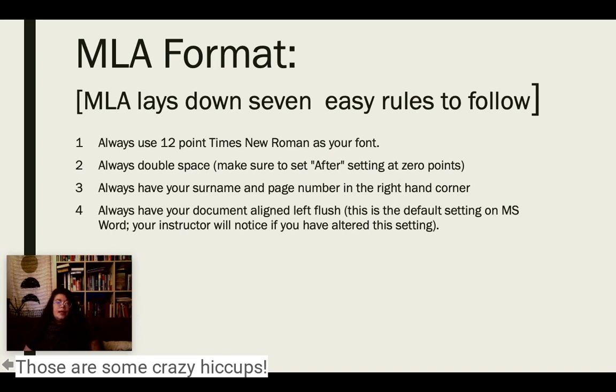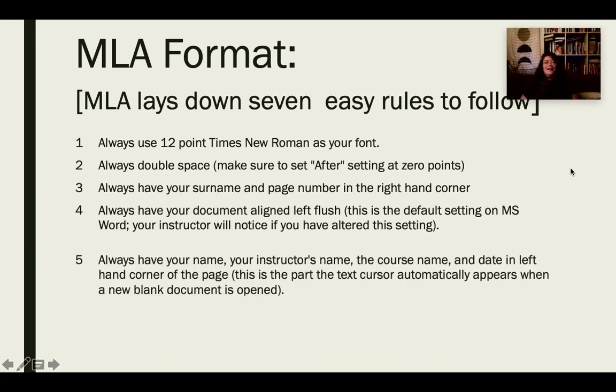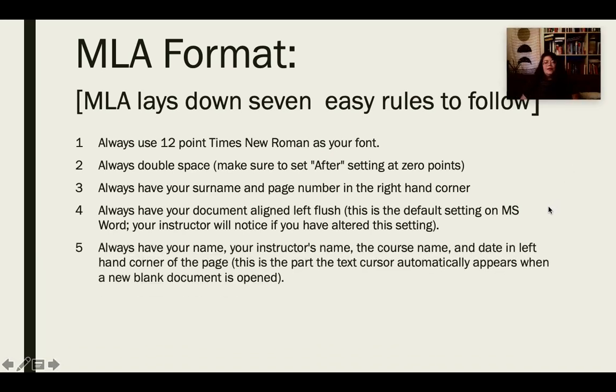A big reason that MLA has all of these rules is because what we're trying to do is create a format that is the easiest to read, right? 12 font, Times New Roman, double space is actually the easiest style and format to read, right? So these rules aren't just arbitrary. Next, number 5, always have your name, your instructor's name, course name, and date in the upper left-hand corner of the page, right? So it's just proper MLA heading, which we've also gone over in class, but just for some of you, here it is again.